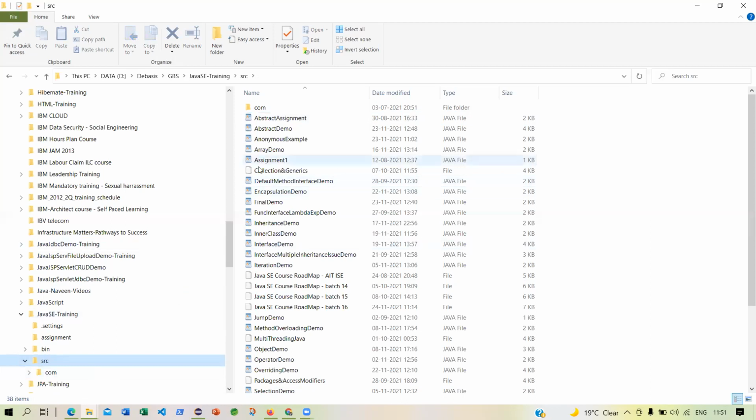And I am finding that these are the source files, Java files, abstract demo.java, anonymous example.java. Now, where are these? That is the default package, because I have not created any package.